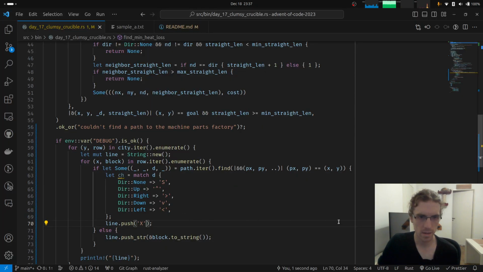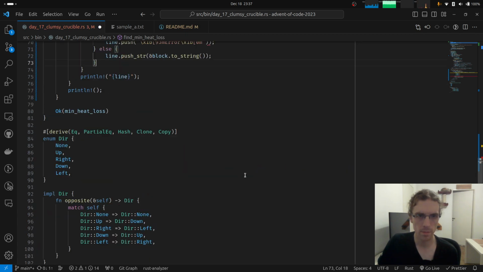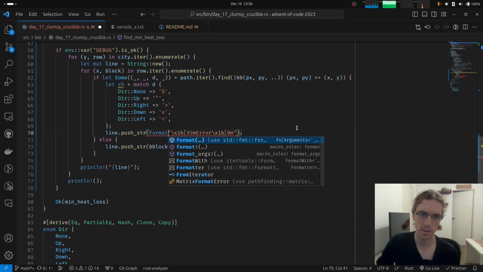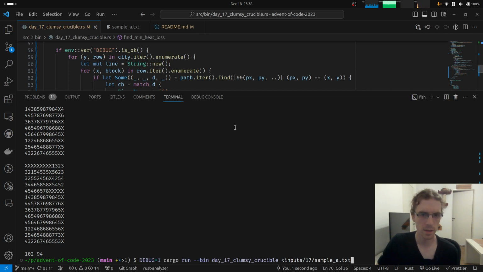So we want to push something like this, where instead of this error we push a string and format this guy. Extra allocations unnecessarily, but who cares for debugging purposes. Here goes the character. This probably returns a string and the thing wants a slice, so that's the reference.